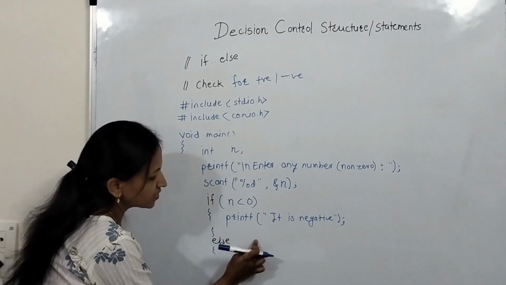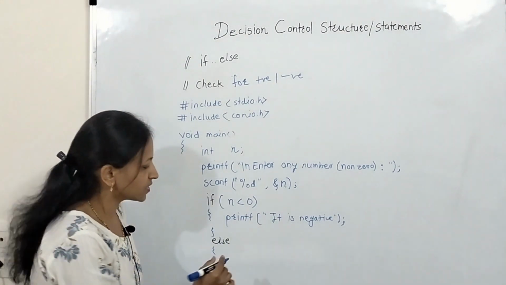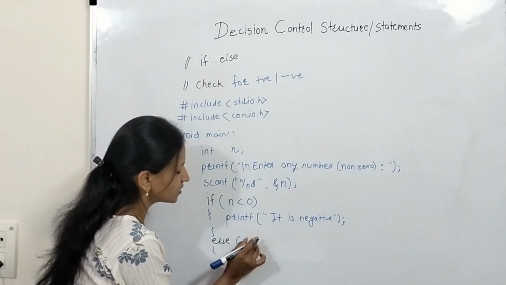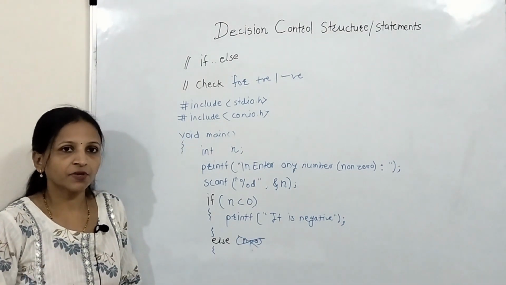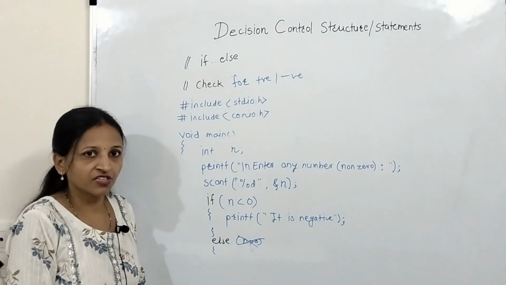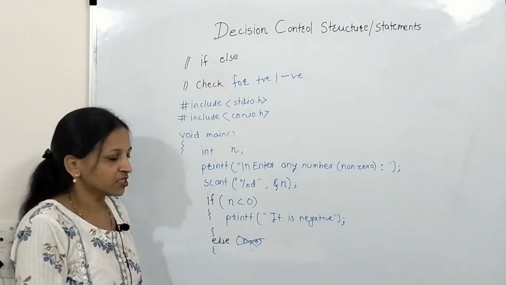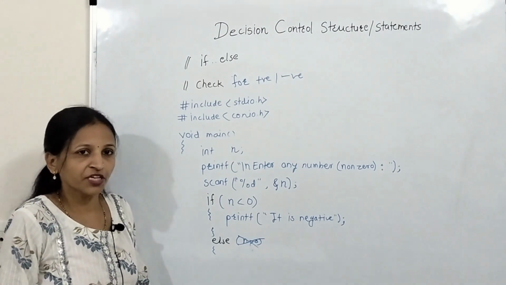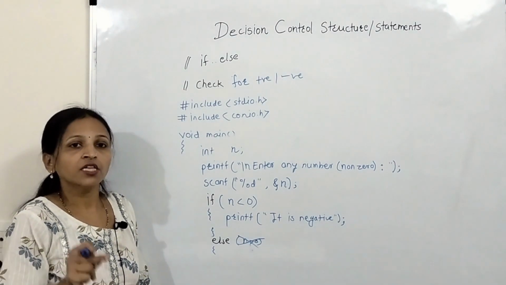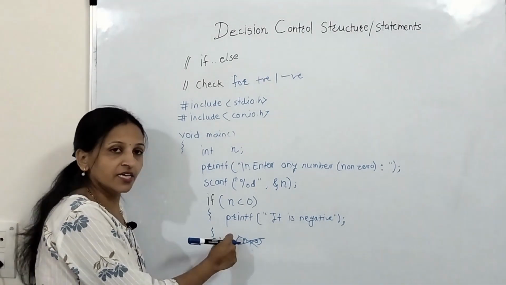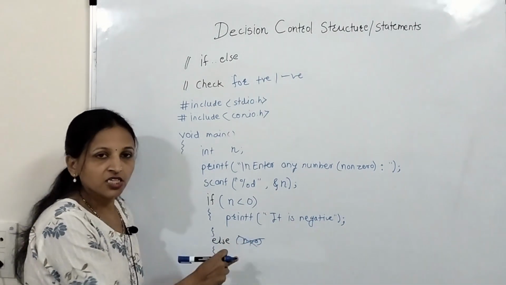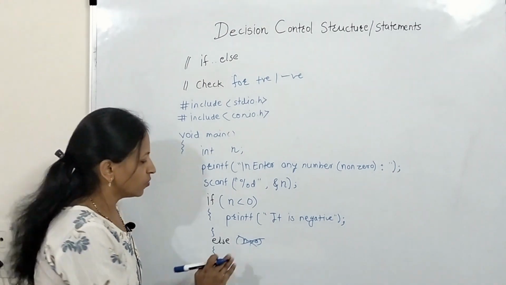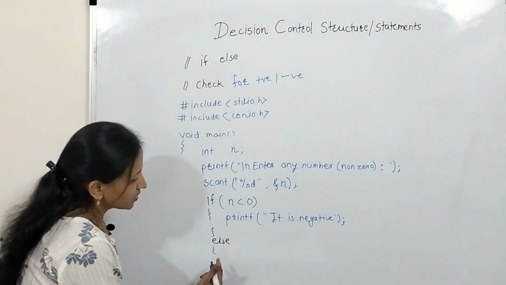Here don't place your condition. Always remember, inside else don't place n is greater than 0 in this way. No, always remember after else, without if, you cannot place any condition. After else, suppose you want to check one more condition, then you can place if again and then the condition. But without if we cannot place a condition like this. This is wrong.